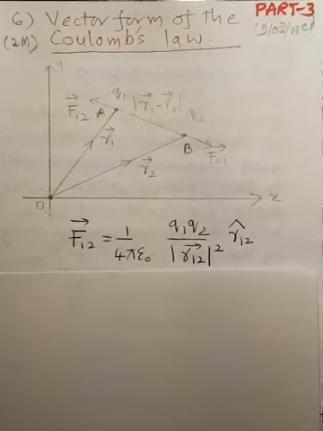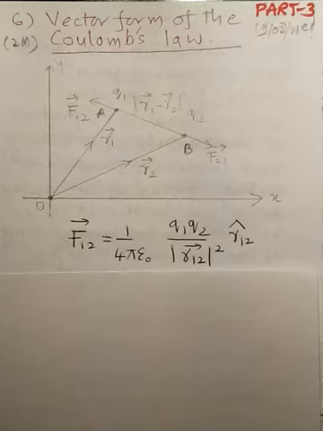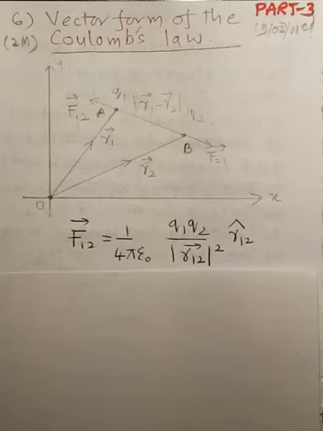In part 2, we have studied Coulomb's law, but in this part 3, we are going to study the vector form of Coulomb's law. The vector form of Coulomb's law is more important because it not only calculates the magnitude of the force, it also calculates the direction of the force. In the examination, sometimes they mention to write the vector form of Coulomb's law specifically.